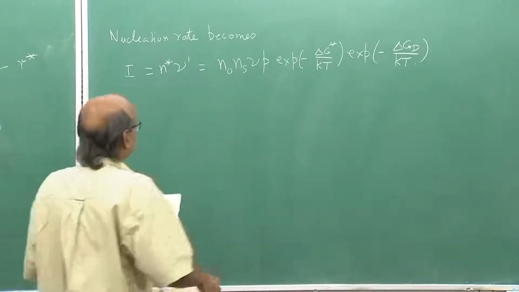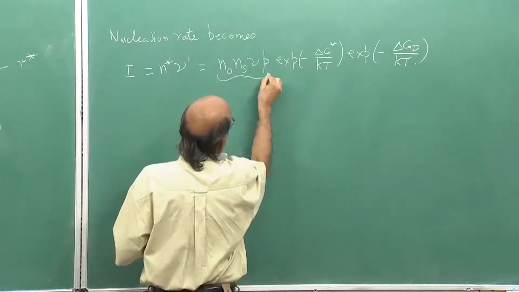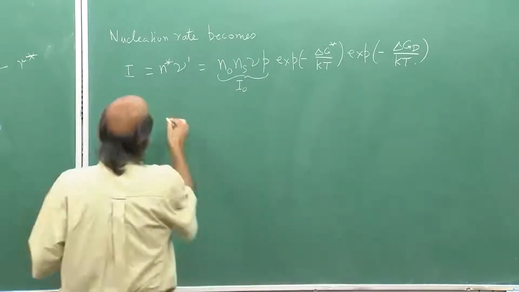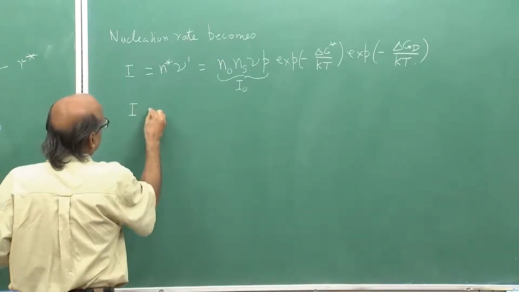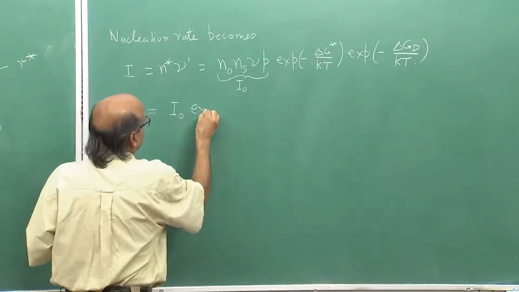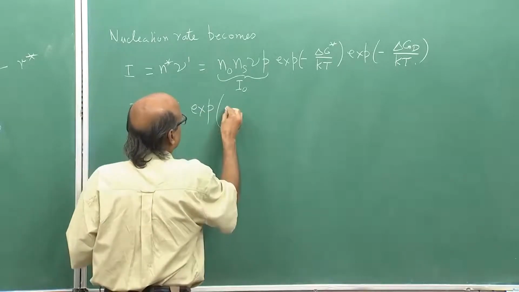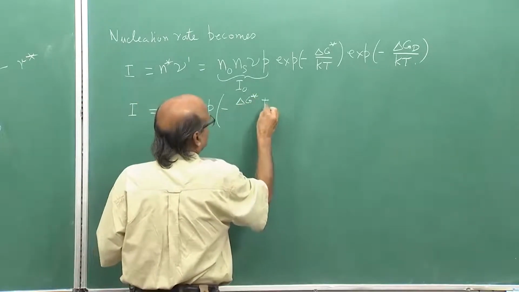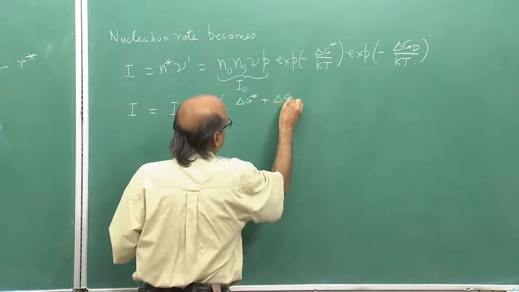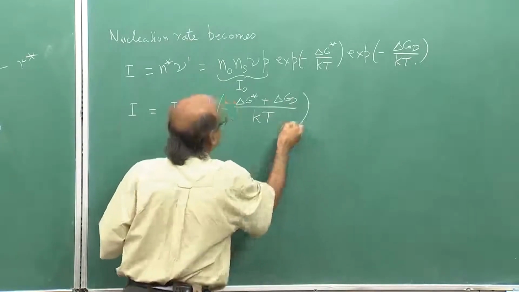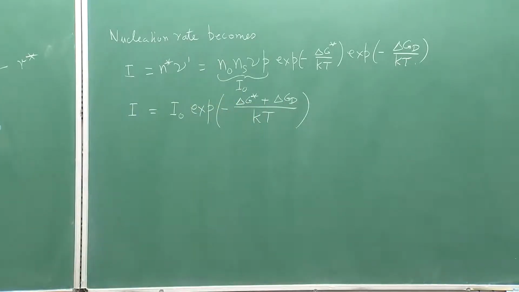If we look at these terms, this could be lumped into one constant I naught, and hence the nucleation rate could be written as I naught exponential minus delta G star. Along with this, I can also put delta GD divided by kT. So, this becomes the nucleation rate,